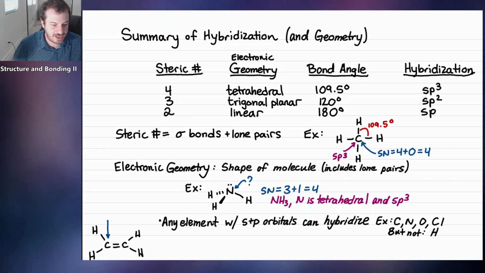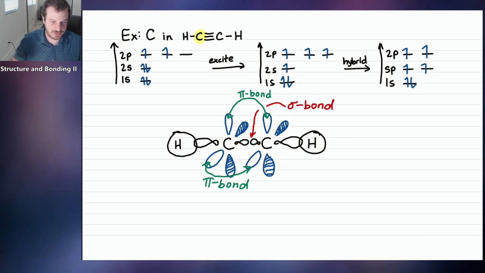I want you to recognize that for double and triple bonds, those only count once. Remember that a double bond is comprised of a sigma bond and a pi bond, and a triple bond is composed of a sigma bond and 2 pi bonds. So that means do not count double bonds twice for steric number. They only count as 1. And same with triple bonds. They only count as 1 as well, because triple bonds only have 1 sigma bond still. We saw that on the previous page, where even though this is a triple bond, it's actually only 1 sigma bond and there's 2 pi's there to make it triple.